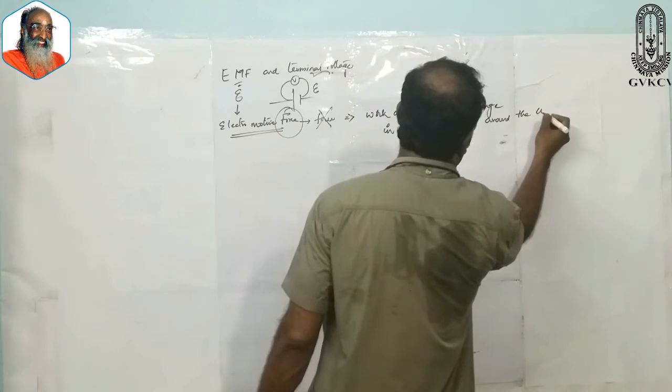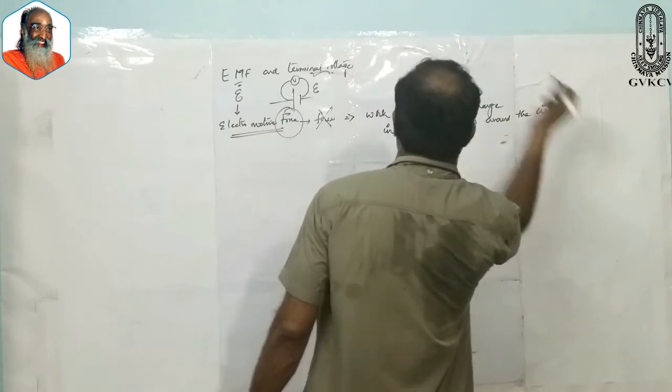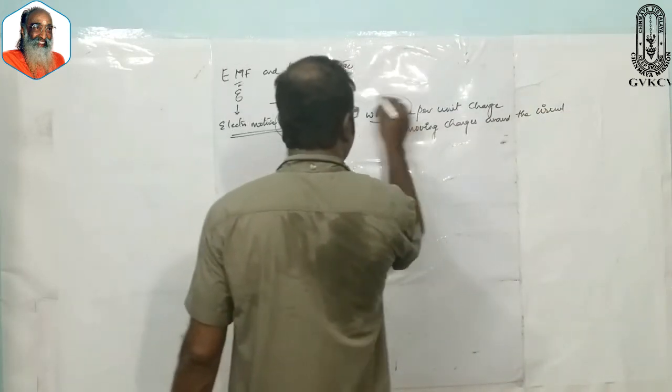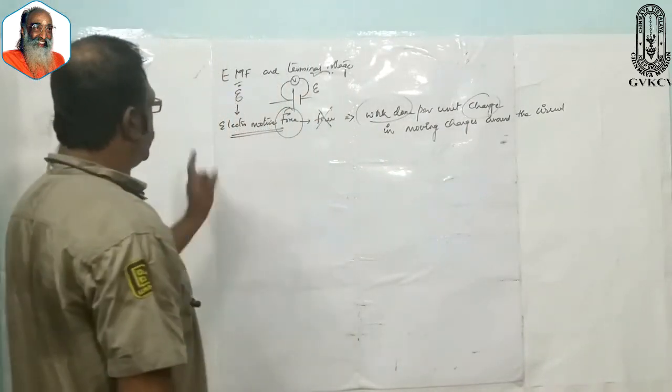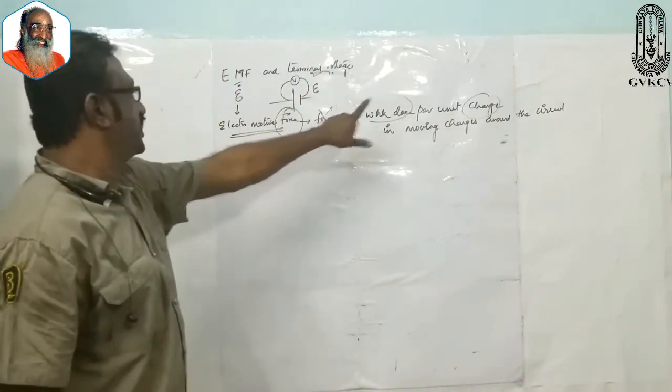So this is the work done per unit charge. A lot of difference is there between these two. Electromotive force, whatever you call it as the force, and this is actually what it is, what it should be. Okay. Anyhow,